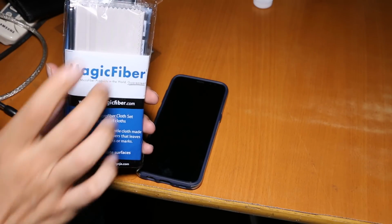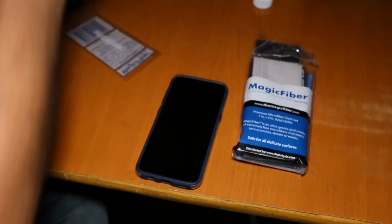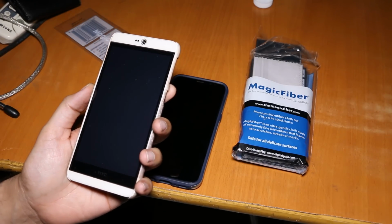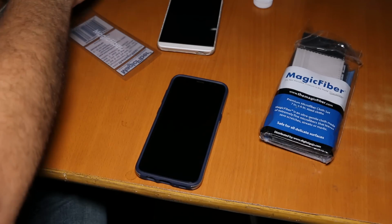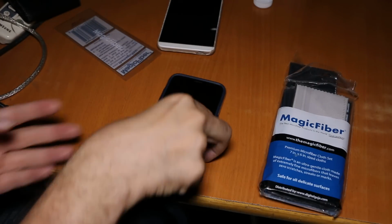I've been using this thing for almost 2-3 years. I used it on my previous phone, which is the HTC Desire 826s or 826. So what I do is I make use of this thing. This actually comes in a pack of 13 or more, and what you can do is just wipe off the